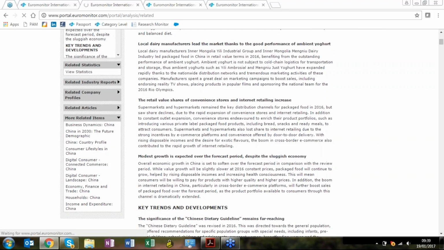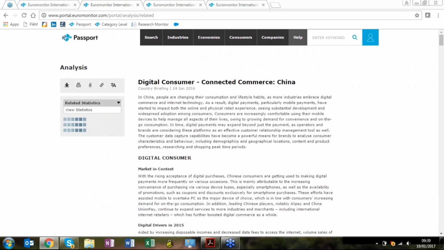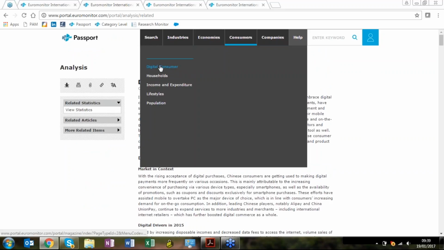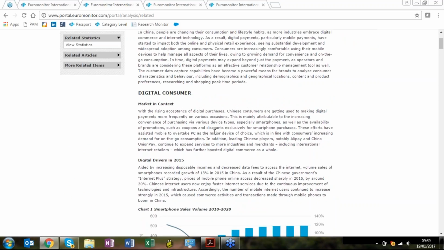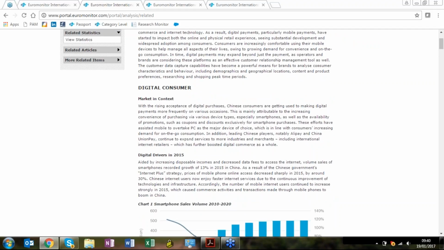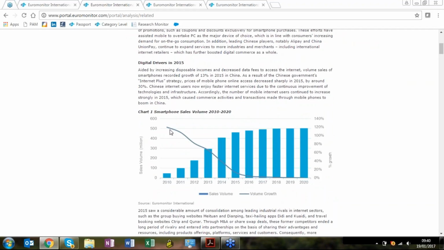So we were under digital consumer. Digital consumer is one of our brand new sectors that we've launched. Obviously with the growth of the internet and how it's impacting us as consumers, we've decided to have a new category which falls under consumers, the first one here, called digital consumer. This is where we focus on that, and we have a look at the different drivers for the different countries. For example, we've got here